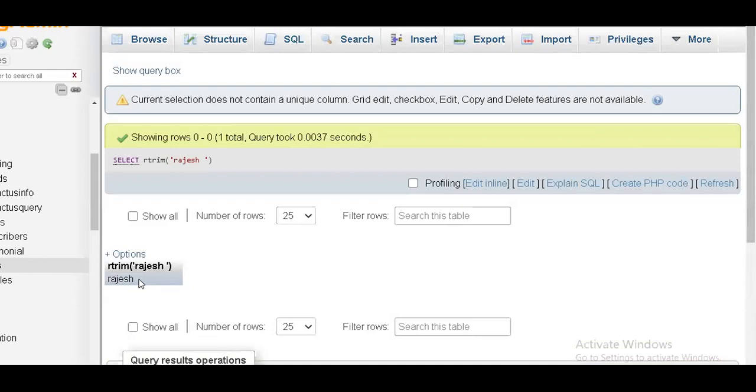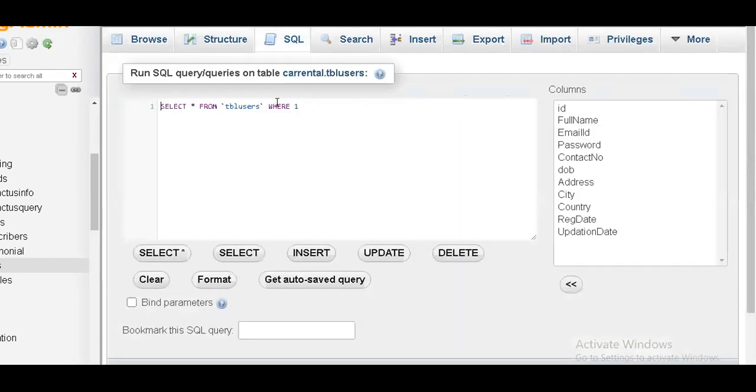Sir, if there are spaces on both sides? That's what I'm showing, I'll tell you. Suppose I have spaces on both sides, so I have some spaces like this, then Devendra, something like this.